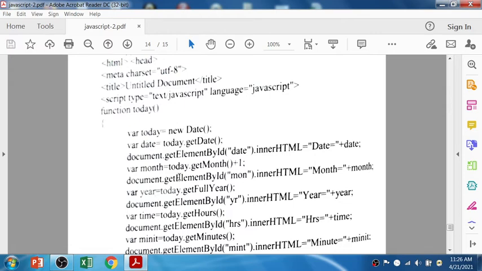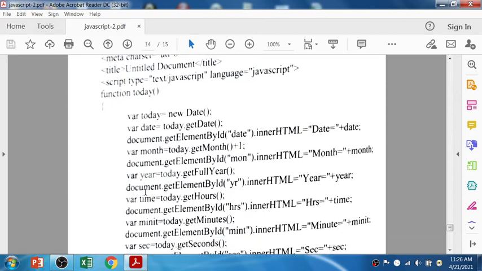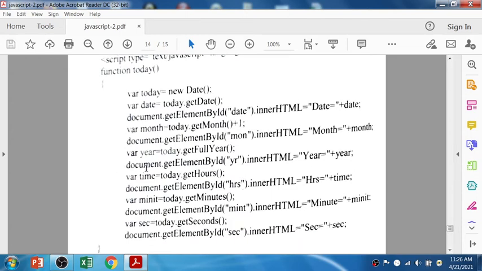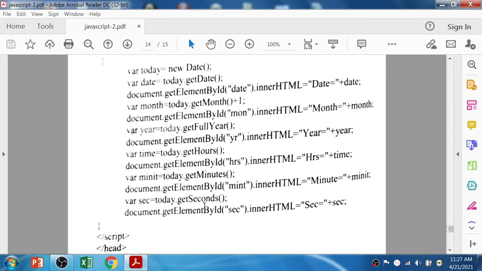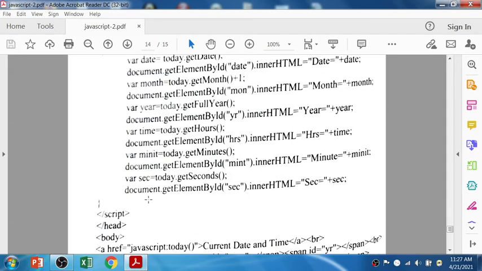And the year getFullYear, so the complete year is stored into the year variable, and the year is also displayed on the year id. Now variable time gets the hour and stores it into the time variable. Minute getMinutes into the minute variable, and second getSeconds from the today variable is stored into the sec variable.